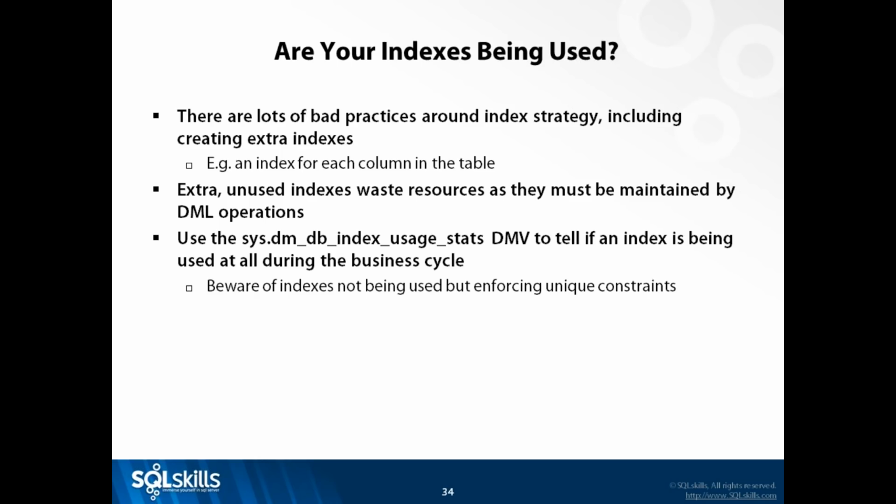So you can look for a DMV, go Google or Bing for sys.dm_db_index_usage_stats, and you can use that DMV to tell whether you've got indexes that are not being used. Indexes that are not being used are candidates for being dropped. Don't just go drop them willy-nilly, because they might be enforcing a uniqueness constraint, even if they're not being used. But just check that you don't have unused indexes or duplicate indexes. That's another interesting thing. If you Google or Bing Kimberly Tripp duplicate indexes, you'll get her code that will find duplicate indexes for you. Duplicate indexes can be dropped because by their very definition, they are duplicates, and you only need one copy of each index.